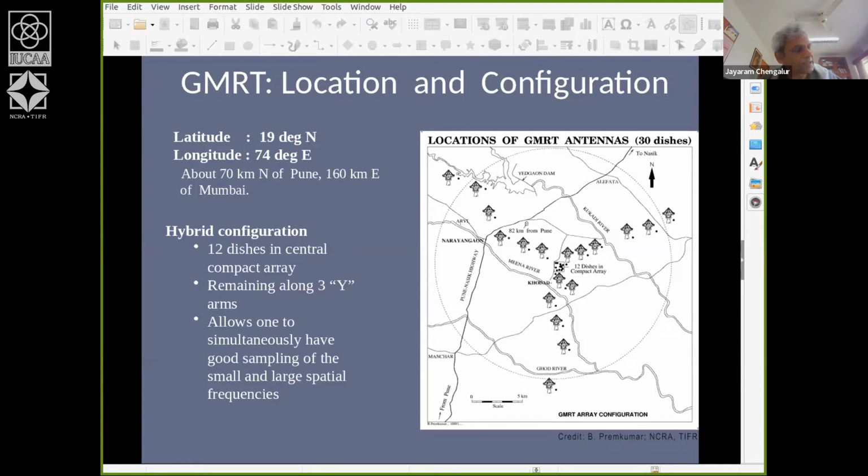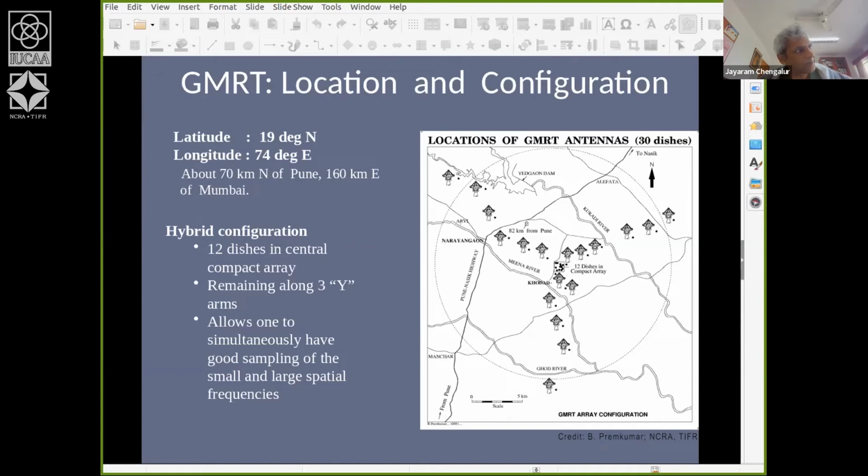Other telescopes, such as, for example, the Very Large Array in the USA, follow a different strategy. What they do is put all of their antennas on rails. So if they want to image a source which has large scale structure, but not a whole lot of fine scale structure, they move all of the antennas in towards the center and make those measurements. On the other hand, if they want to observe a source which has fine scale structure, but not much large scale structure, they move all of the antennas out on the rails and they measure V of U